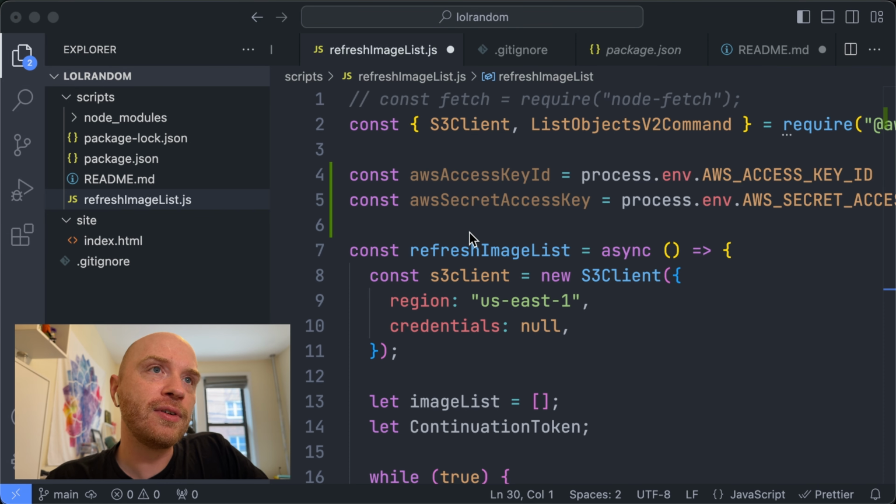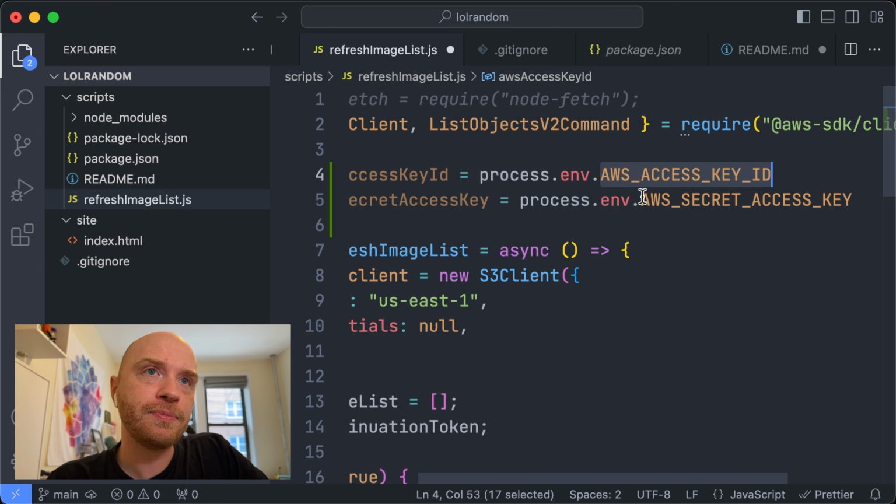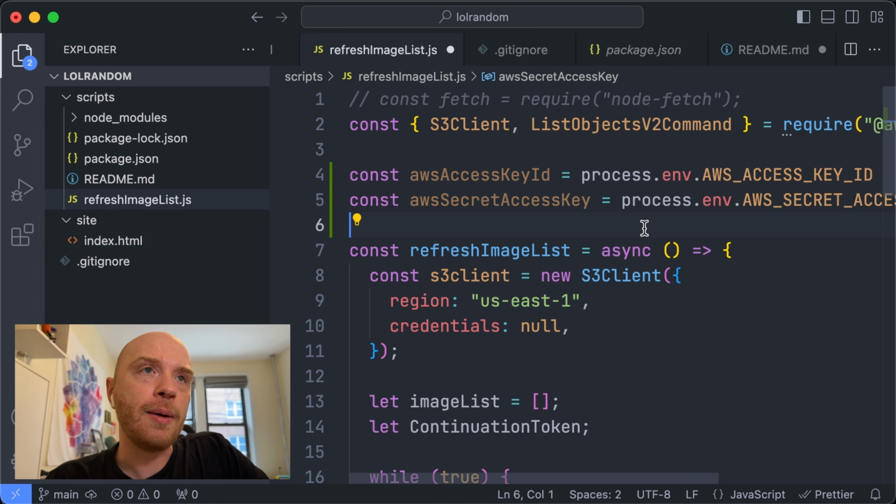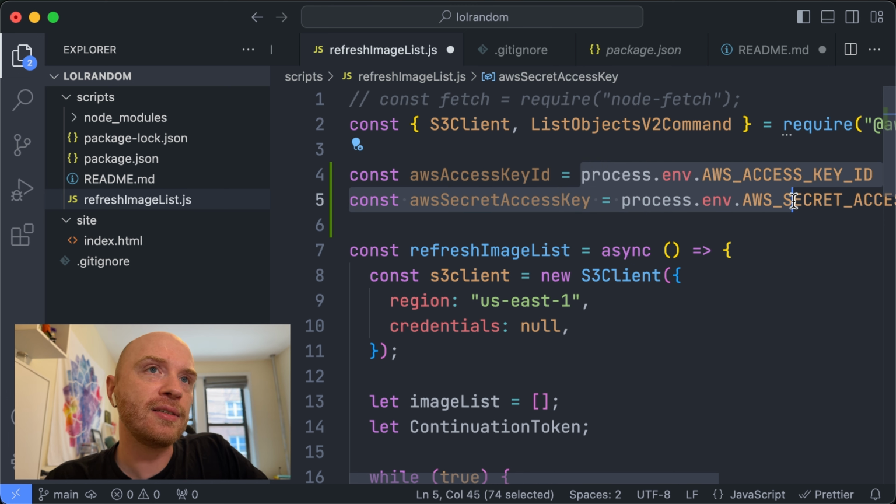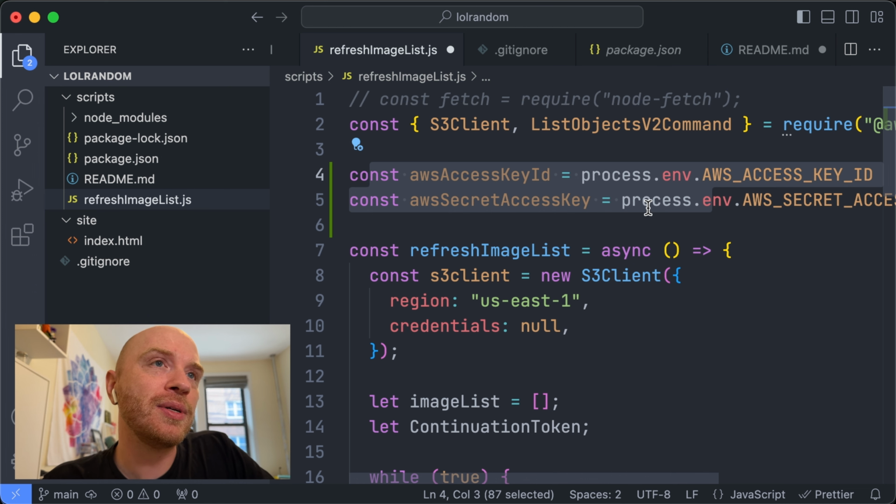So we have the approach that uses the AWS keys, and I don't like this. Number one, it's hard to manage these keys. There's so many ways to do it. It's always hard to get them, even yourself. Since you don't commit them to the repo, the keys are just hard to manage, and they might accidentally get into the repo at some point.